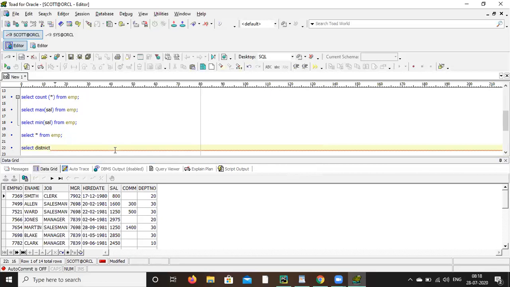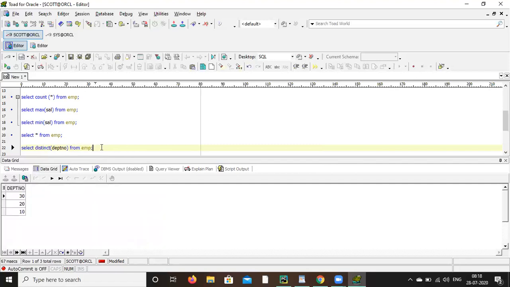So it will give without the duplicates. Distinct spelling, DISTINCT. Okay, so we have only department 30, 20 and 10.